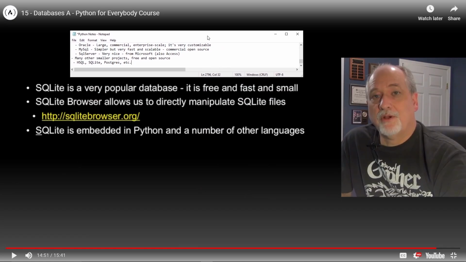SQLite Browser. All right, let's do that. Sometimes I see browser and I see the word Bowser. SQLite is a very popular database. It's free, fast, and small. SQLite Browser